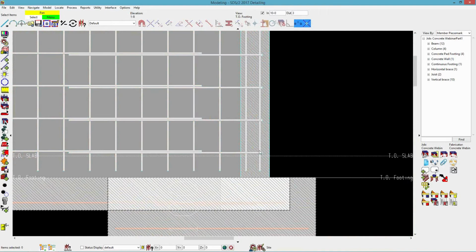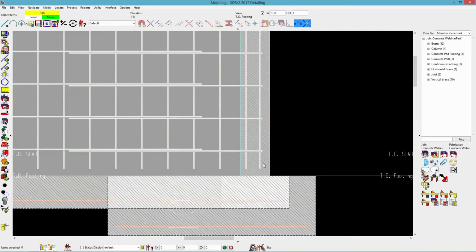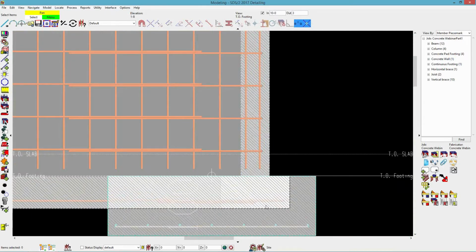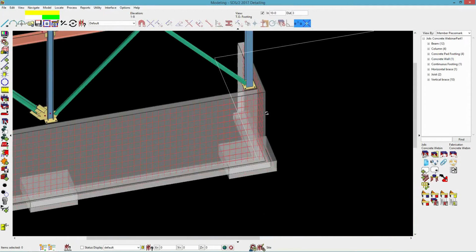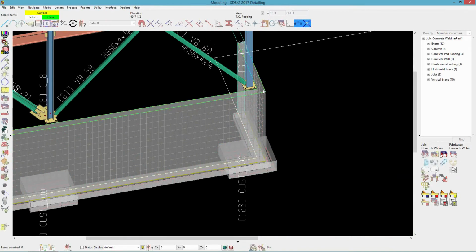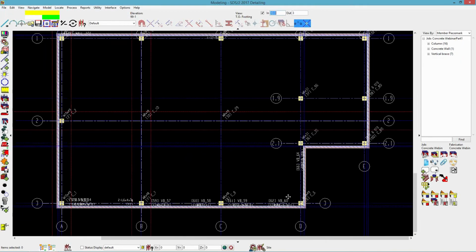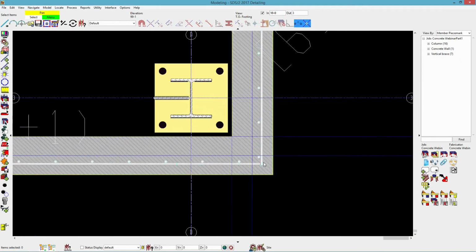The one thing you'll notice is there are not any dowels holding the rebar from the concrete wall into the pad footings or the continuous footing. So I'm going to add another component in here to be able to add in my dowels. The first thing I'm going to do is cut a section view